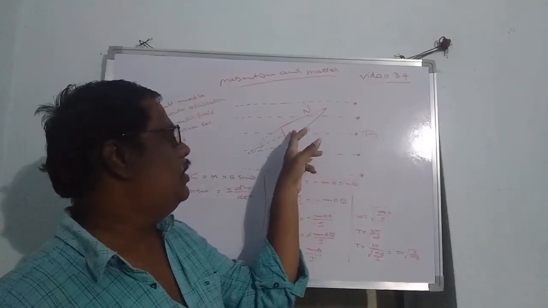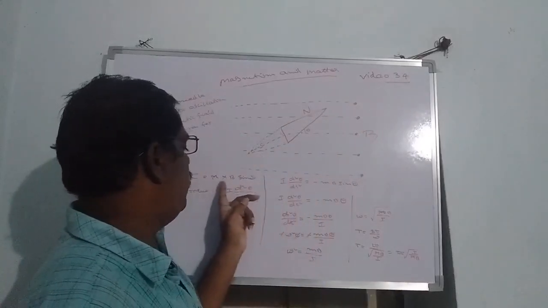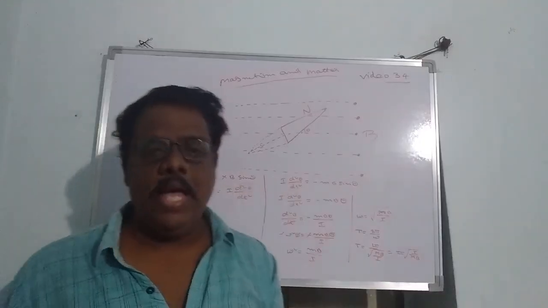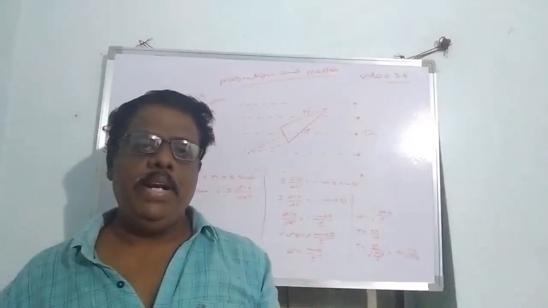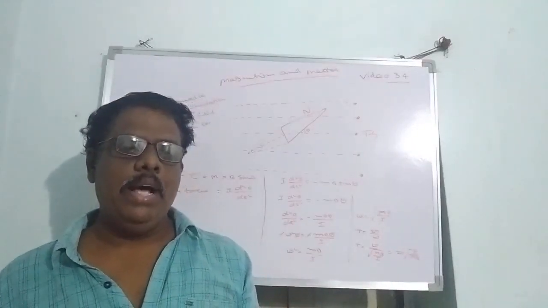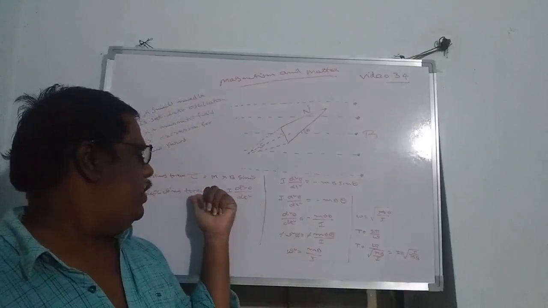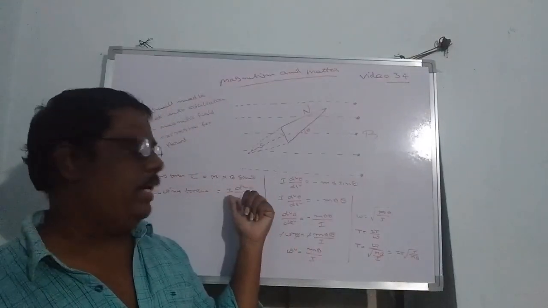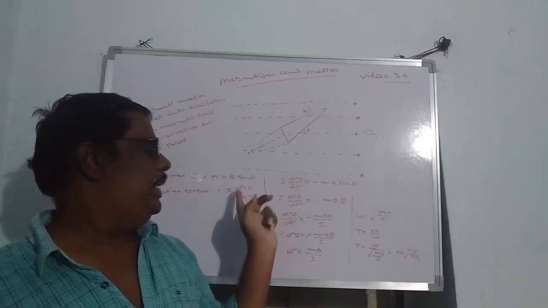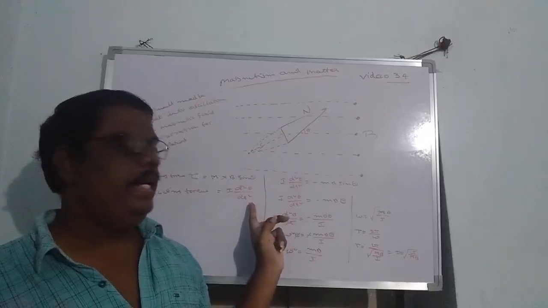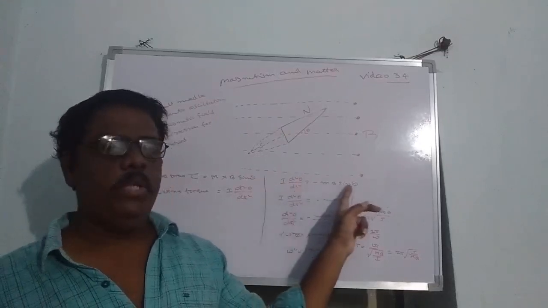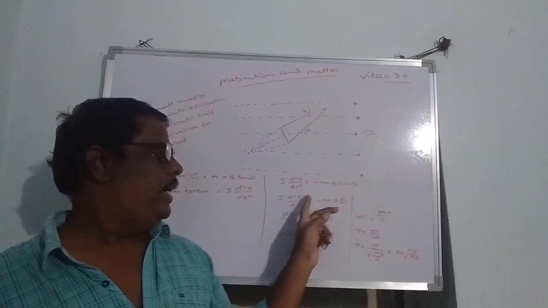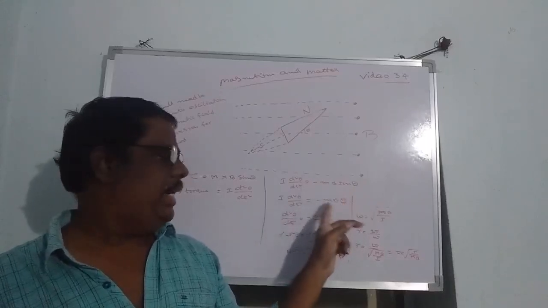Once again, when we keep a magnetic needle in the external magnetic field and it tries to oscillate, due to this oscillation it produces some deflecting torque, that is tau is equal to mB sin theta. Here m is the magnetic moment, B is the magnetic field induction, theta is the angle between m and B. So restoring torque will be equal to mB sin theta. Due to this deflecting torque produced in the needle, I d square theta by dt square. At equilibrium position both are equal and opposite. This negative sign indicates opposite direction. For small angles neglect the sign.